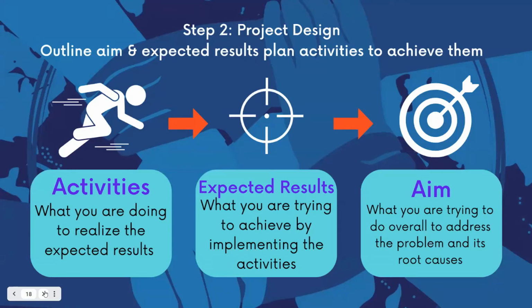You won't be able to achieve all of them at once. You'll be able to take them one step at a time, and it will get you to the aim that you're hoping to do. So when we're looking at step 2, as you think through the activities, the expected results, and the aims,